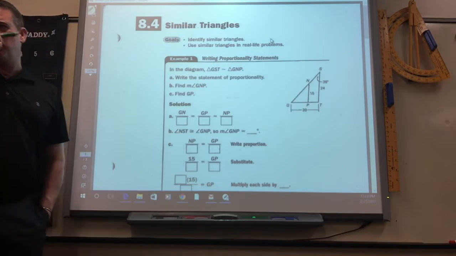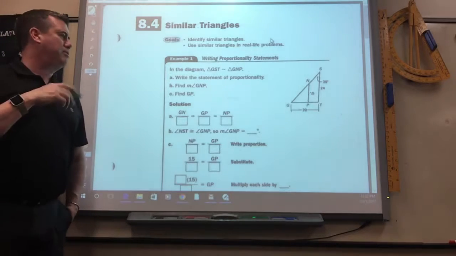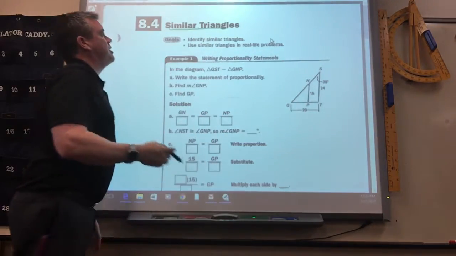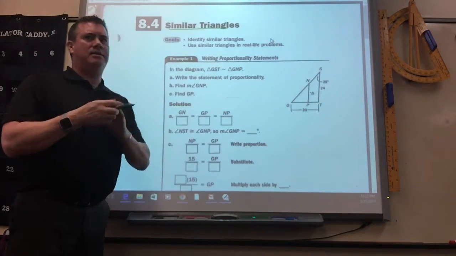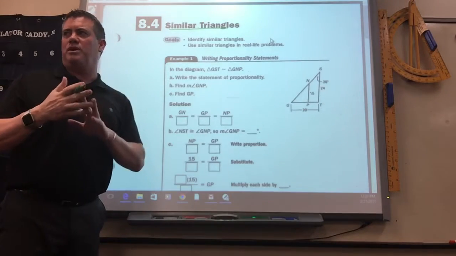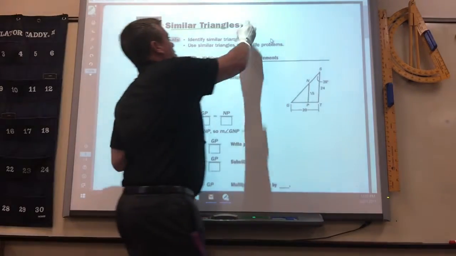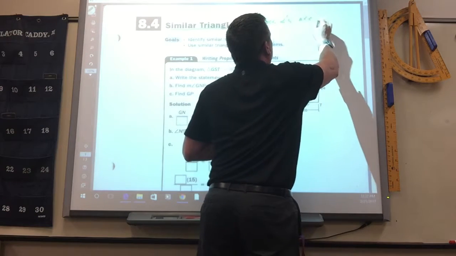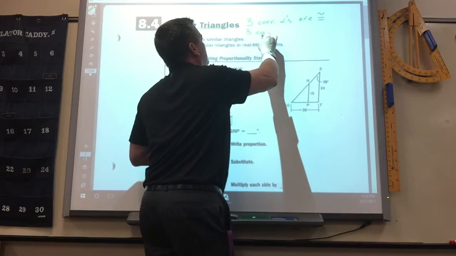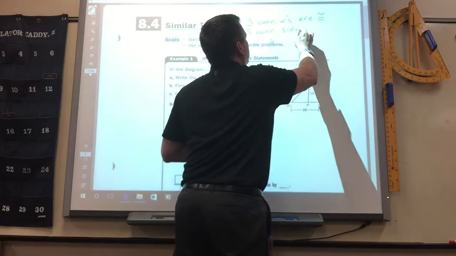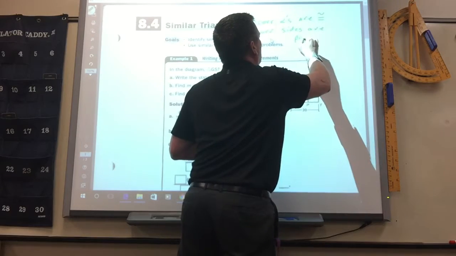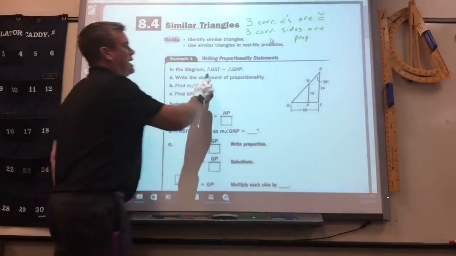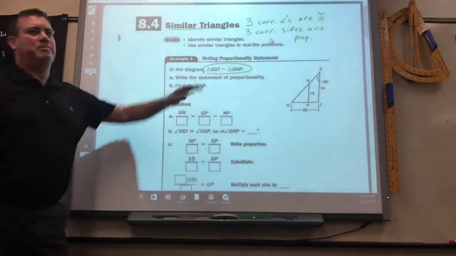Similar triangles. This is really nothing much different than the ones we've done before. If you remember, triangles are similar as long as all three corresponding angles are equal or congruent. So the three corresponding angles are congruent, and the three corresponding sides are proportional. Okay? So in this one, they give you the similarity statement right there, which remember, you can use this to